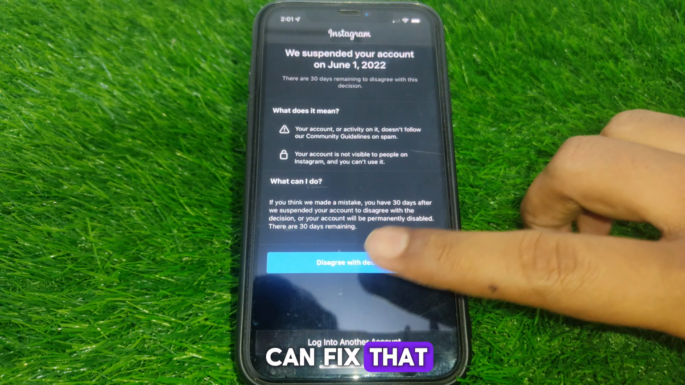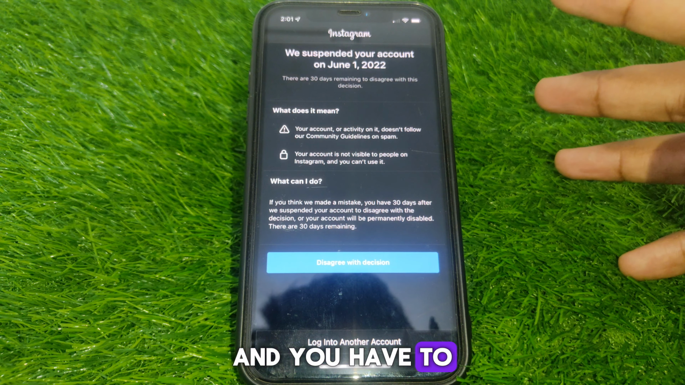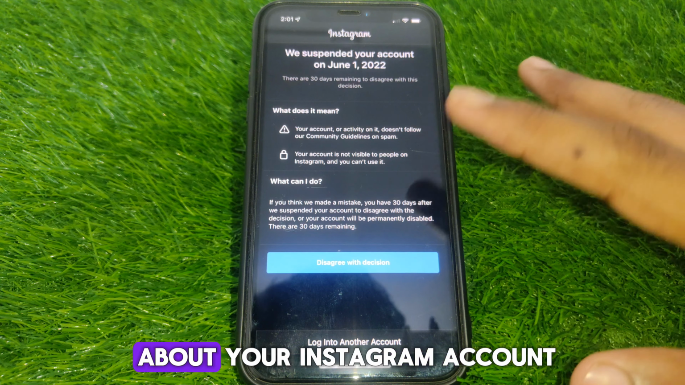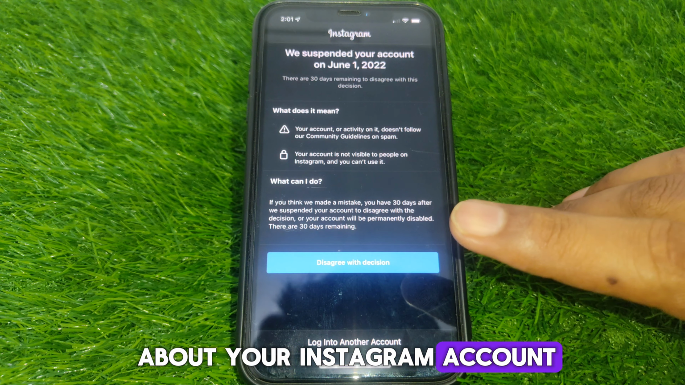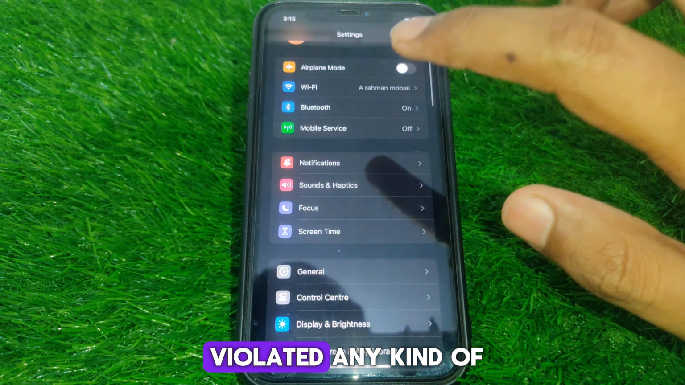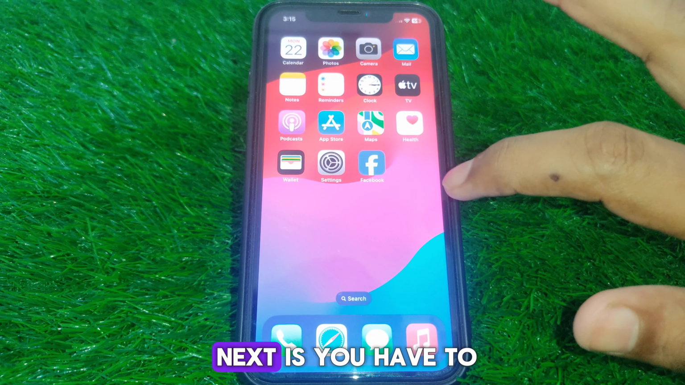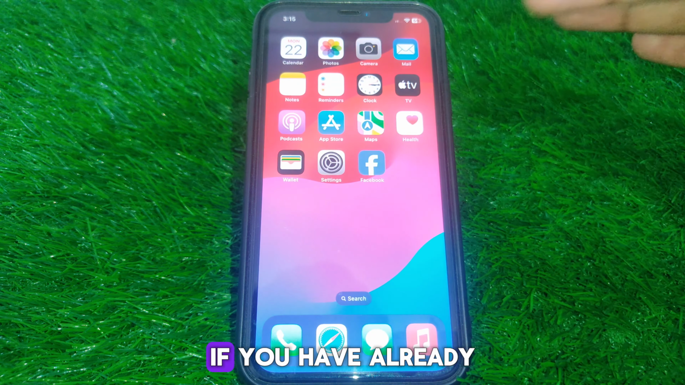So how can you fix that? First of all, you have to simply click on disagree with the decision, and you have to tell all the details about your Instagram account, and you have to convince Instagram that you have not violated any kind of community guidelines. And after that, what you have to do next is, if you have already tried that